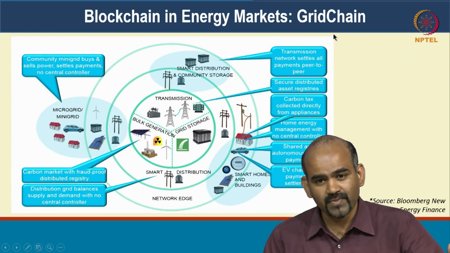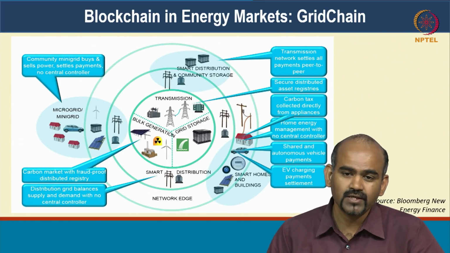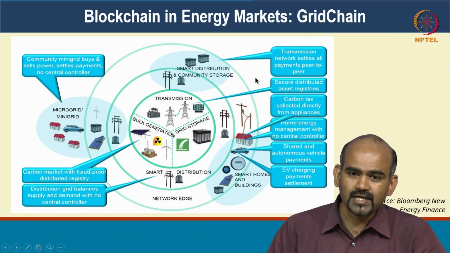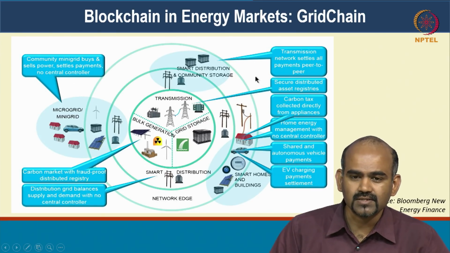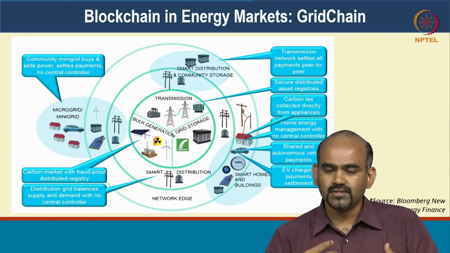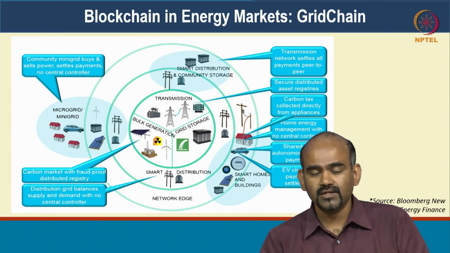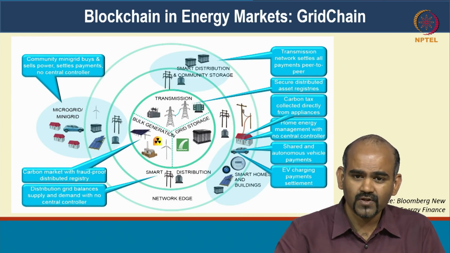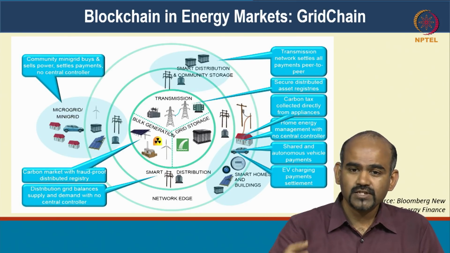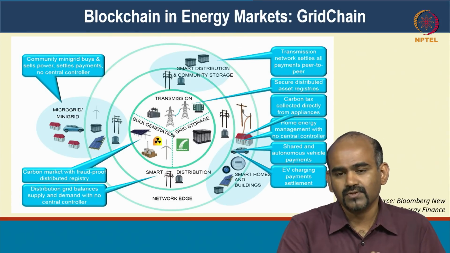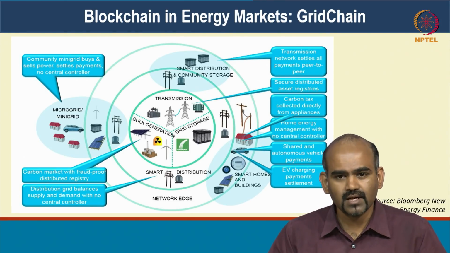So, once we match supply and demand, we also want to have a payment go through automatically. So what people are looking to do is, in some sense, assetize the energy units. So each time, if I am producing, let's say, 10 units of energy, I will get 10 crypto tokens potentially back from this market, from this ecosystem, and I can exchange those crypto tokens for money. Likewise, if someone wants to purchase power, they will have to first purchase crypto tokens, and then they can exchange those crypto tokens for actual energy assets, right? So that kind of a whole marketplace is coming into being.